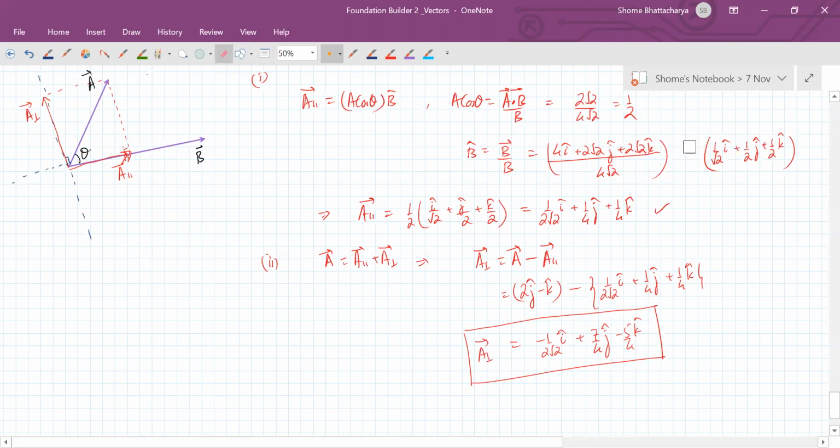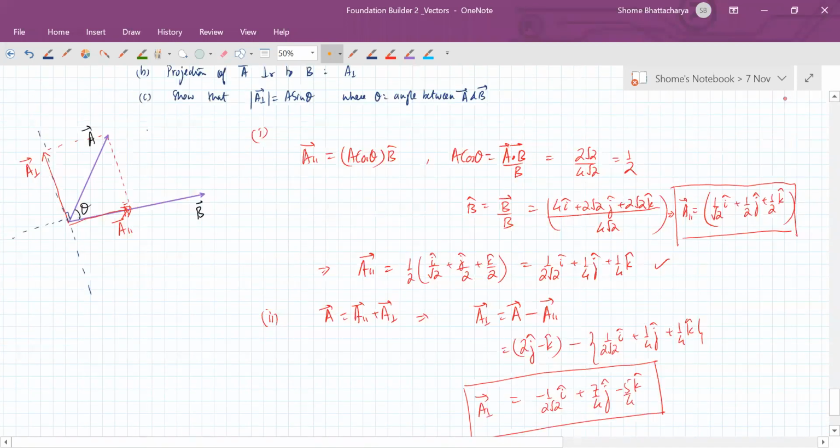Whereas this was the parallel projection. So just make a note of this calculation first. Okay. Then we will come back to